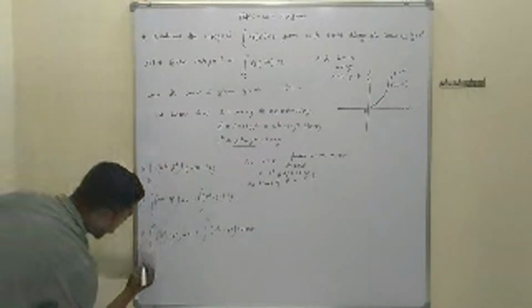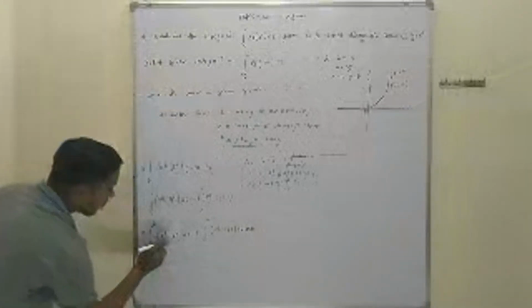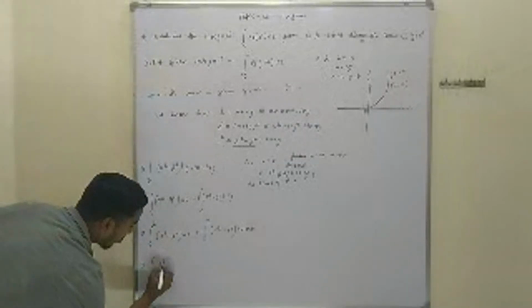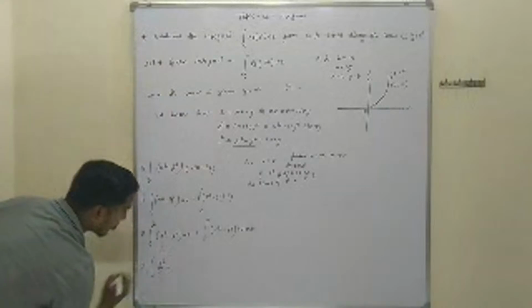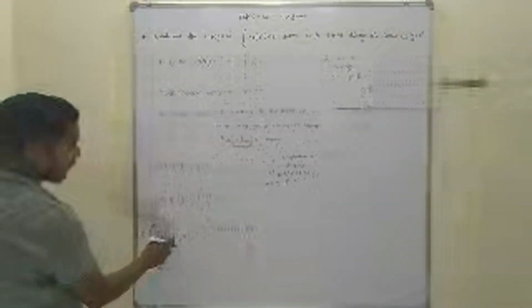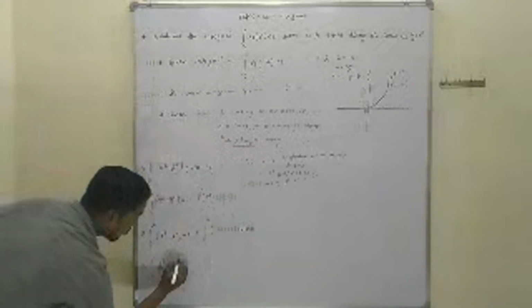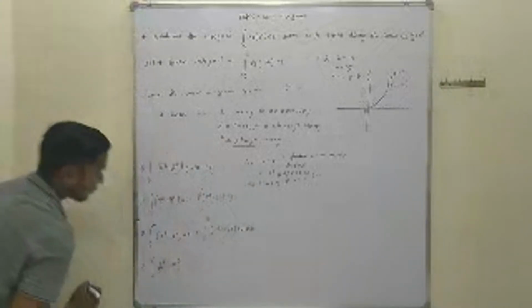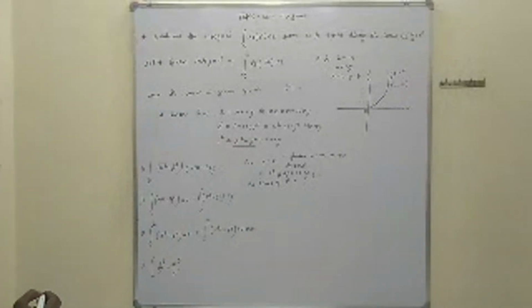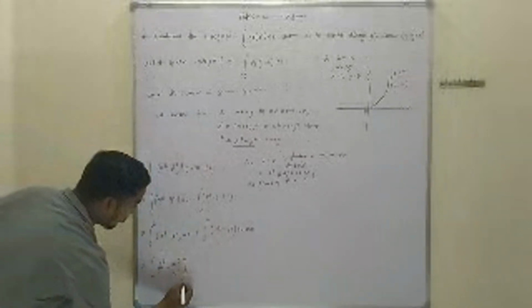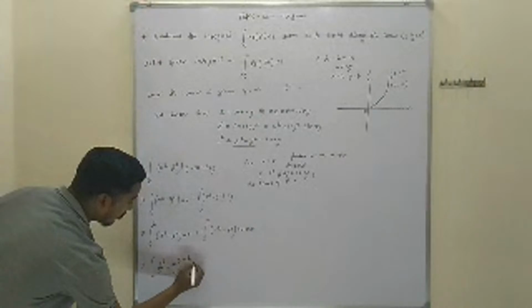So we have to integrate the first integral. This becomes t square dt, and on integration this gives t cube upon 3, minus, of the second term, t to the power 4 dt, and on integration this gives t to the power of 5 upon 5. The integral limit is 0 to 2, plus